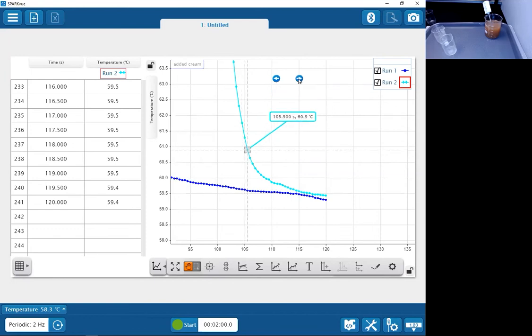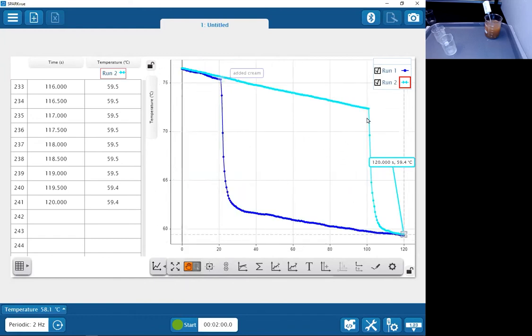Now I can also nudge it point by point. So let me just go ahead and grab that and go to the very final data point, which we can see for the run number 2 is at 120 seconds, 59.4 degrees Celsius. I'm going to scale back out here and show you that I can also add another annotation. I can have as many annotations as I want. So I might want to add an annotation to the cyan run number 2 to indicate when its cream was